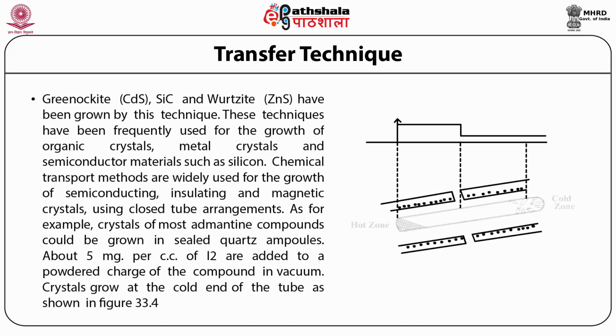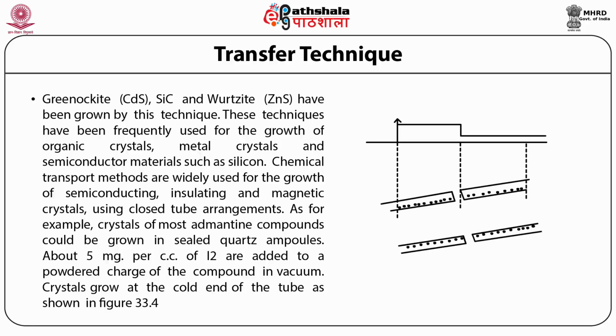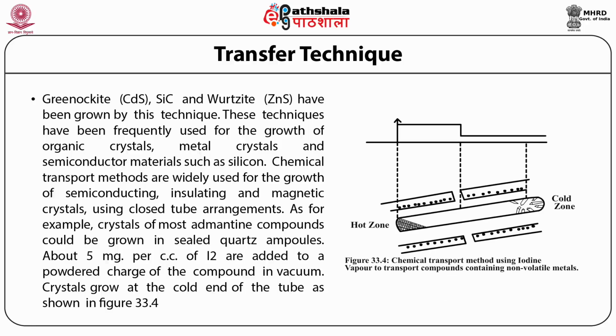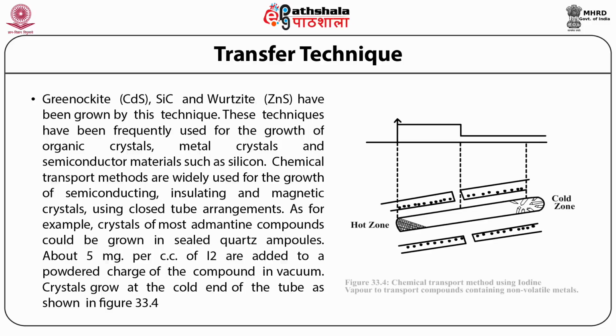Greenockite, that is cadmium sulfide, silicon carbide, that is SiC, and wurtzite, that is ZnS, have been grown by this technique. These techniques have been frequently used for the growth of organic crystals, metal crystals, and semiconductor materials such as